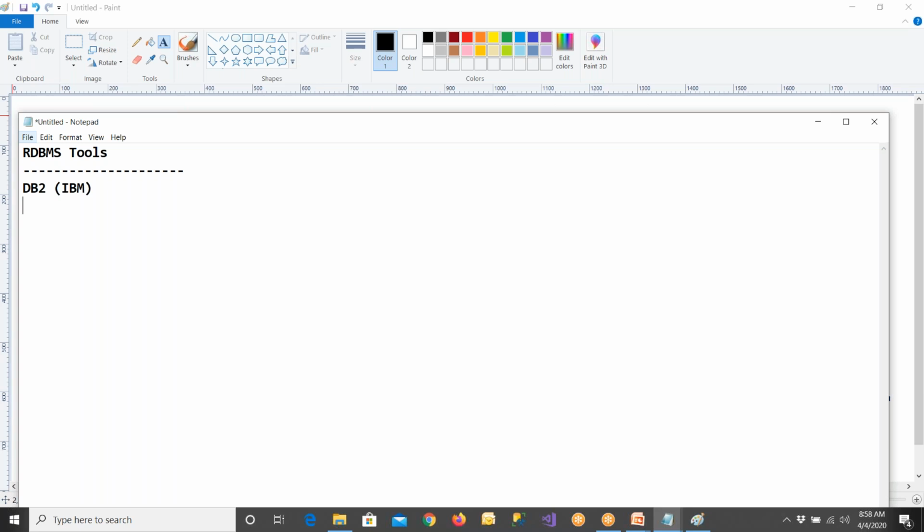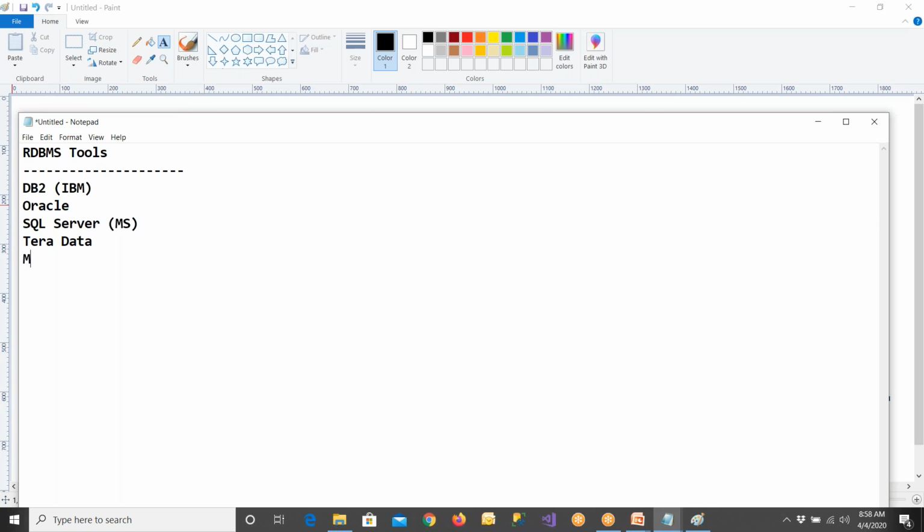Then Oracle was the popular RDBMS software by Oracle Corporation. SQL Server again, from Microsoft. And you have Teradata from the Teradata Corporation. This is also RDBMS software, or people will say RDBMS tool. RDBMS is not a language, be clear. RDBMS tells you how to store the data and how to retrieve the data. That's it.